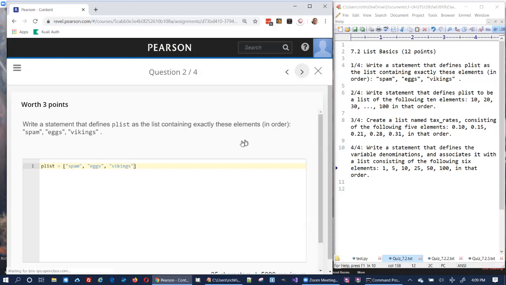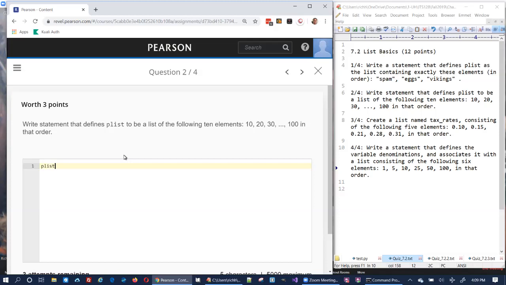You can try that. This one, same thing, P list. We'll just put that there. And this is going to be 10, 20, 30, 40. We can just put this here like that. And replace this dot, dot, dot with 40, 50, 60, 70, 80, 90. Something like that. In this case, we've got this thing called tax rates, which you can put here, equals, and